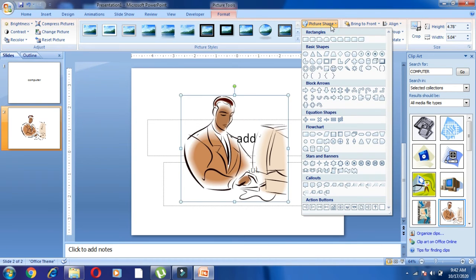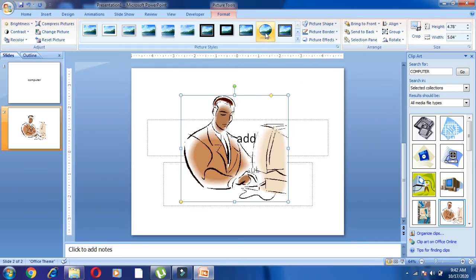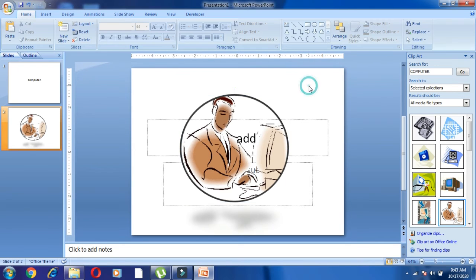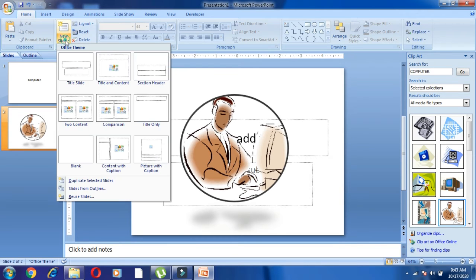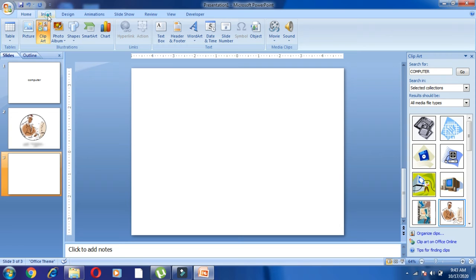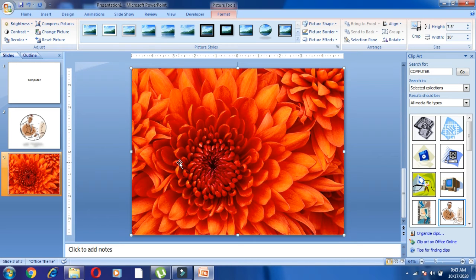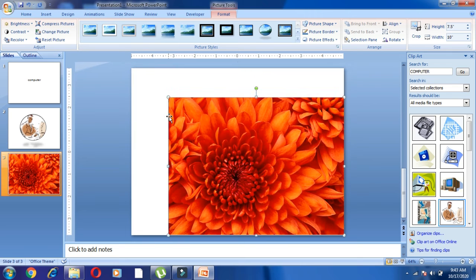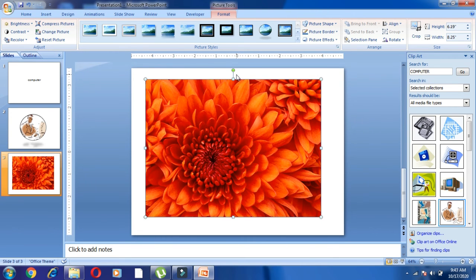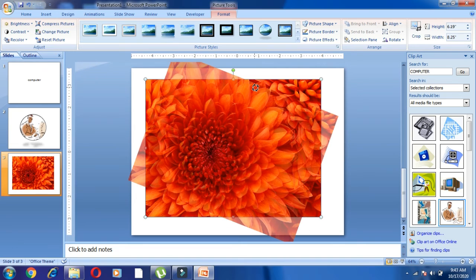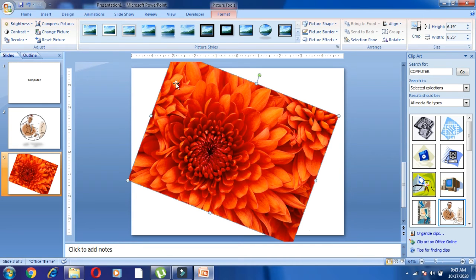Okay, there are different picture shapes. You can use different picture shapes. You can have it in a circle. So different styles you can apply on your picture. Okay, this is a clip art gallery. See, again I'm taking a new slide. Now in insert, we have pictures also, like saved pictures. If the computer has some saved picture, you can use that also as a background for your slides. Okay, you can make this small, bigger, rotate. You can do different operations on this. See, I made it small. Then we can click on this one and rotate the image. Okay, so these things can be done using pictures.